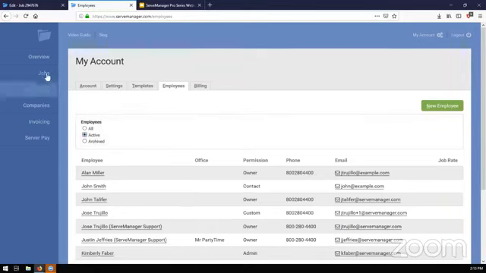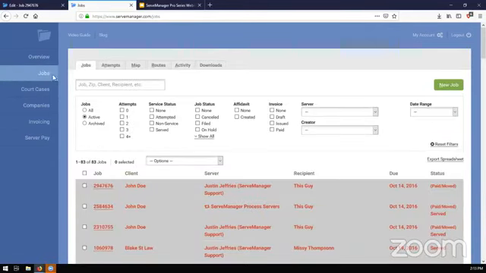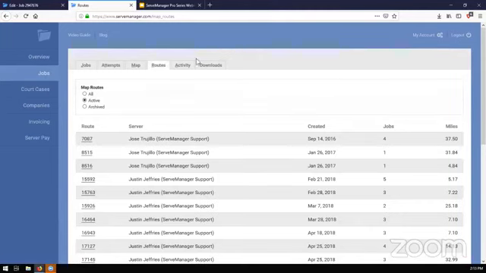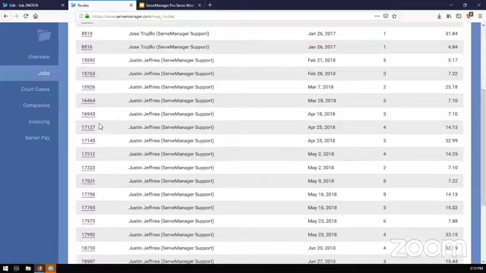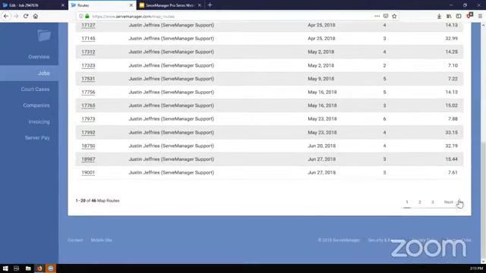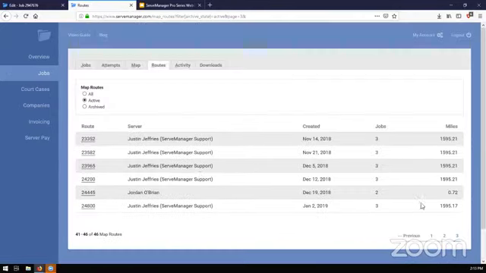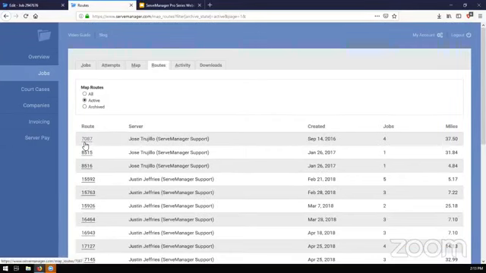The next thing that we can also archive would be job routes. So to get there, I'll select jobs and then the routes tab. So whenever we generate a route, the oldest routes will populate at the top of the list, while the newest routes will populate at the bottom. To make sure that the routes that you need are right on the page that you need, we can archive these routes. The way that we do so is that we'll just select the route number,